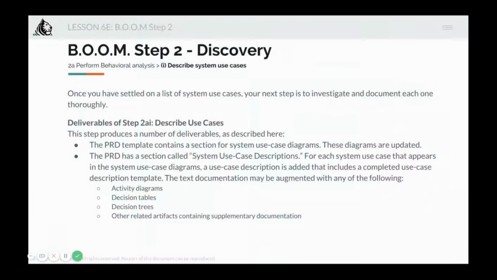So at the end of the initiation phase, you identified system use cases in the PRD, right? And this version was baselined for step 2, which is the discovery phase. By baselining the PRD, you ensure that you have a reference point to go back to. Updates to the PRD during the discovery phase are made on a new working version, right? So for your first changes, review the list of system use cases. If needs have changed or you have obtained further information, update the system use case diagrams and related text in the PRD. Once you have settled on a list of system use cases, your next step is to investigate and document each one thoroughly,